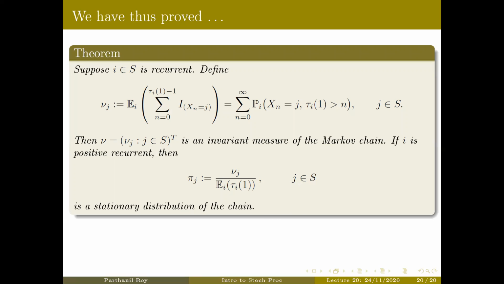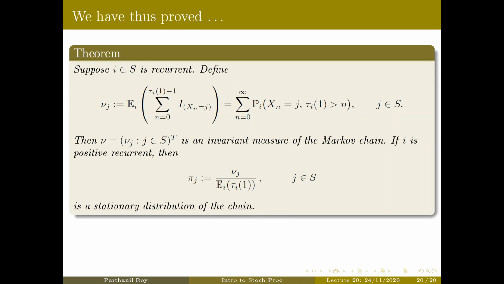We will see next time that the stationary distribution will be unique when the Markov chain is also irreducible. If the underlying Markov chain is irreducible and the state i is positive recurrent, then there will exist a unique stationary distribution. On the other hand, if the Markov chain is irreducible and i is recurrent,